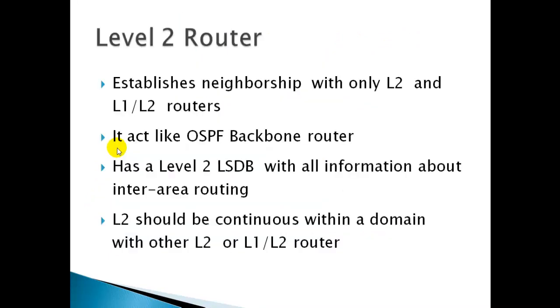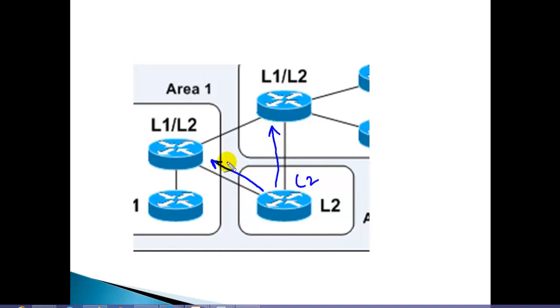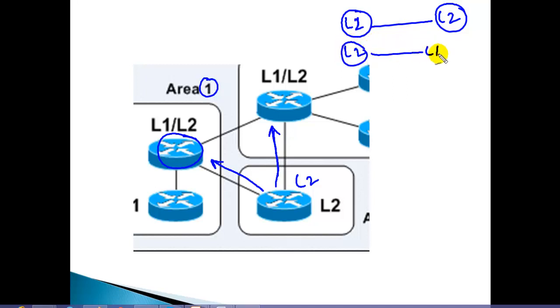When you talk about level 2 routers, typically these routers are responsible for exchanging routes between routers in a different area. Like you can see this router is in a different area, which is area 1 or area 2, any area. Level 2 routers only exchange routes between the different areas. Suppose you have a level 2 router, this level 2 router forms neighborship or exchanges routes with only level 2 routers, and this level 2 router also exchanges routes with level 1 level 2, because it is going to support level 2 also.